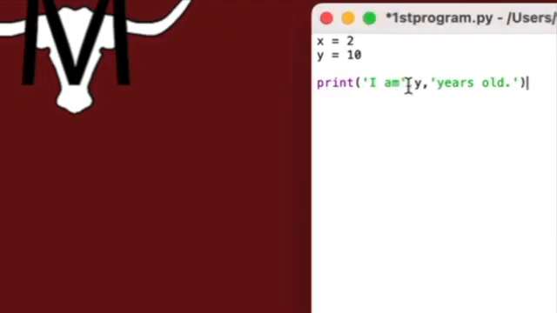this print function right here, it actually has three parameters. We know that because commas outside of strings separate parameters. So we have a string parameter, I'm, we have a variable call inside of this parameter, and then we have the final parameter, which is years old. And if we run this,